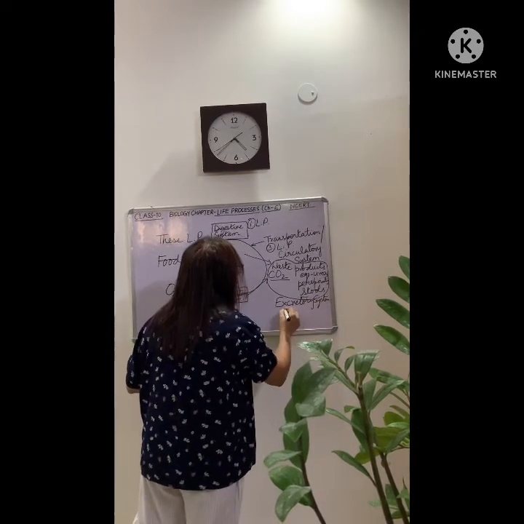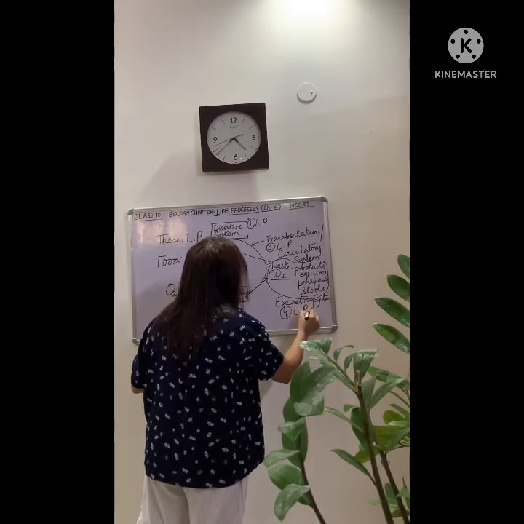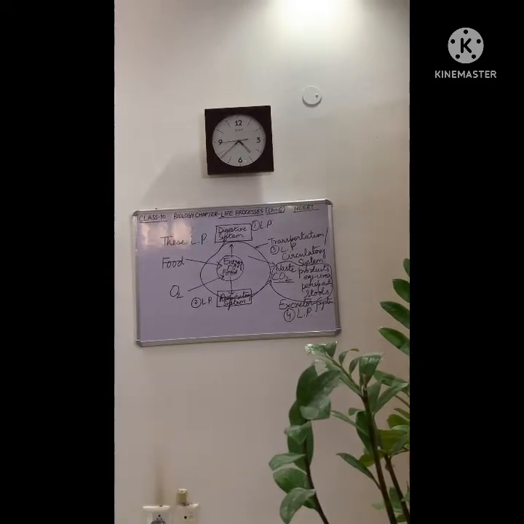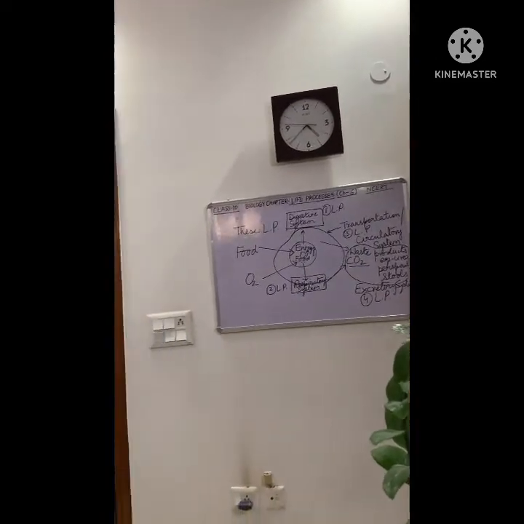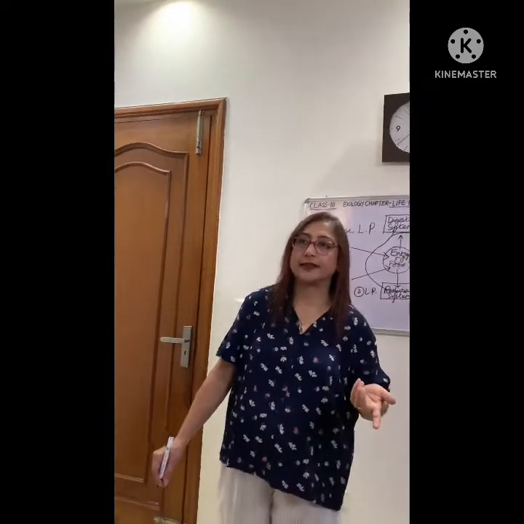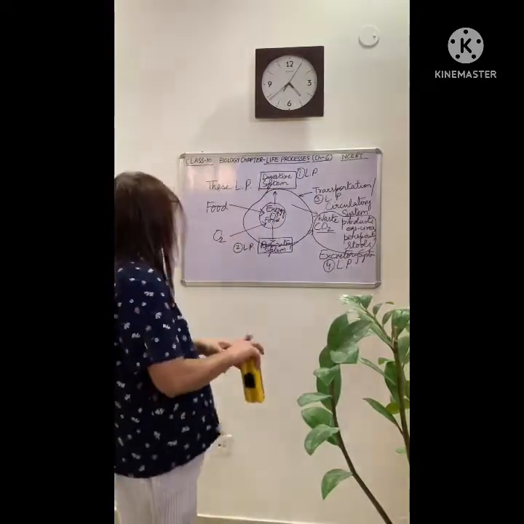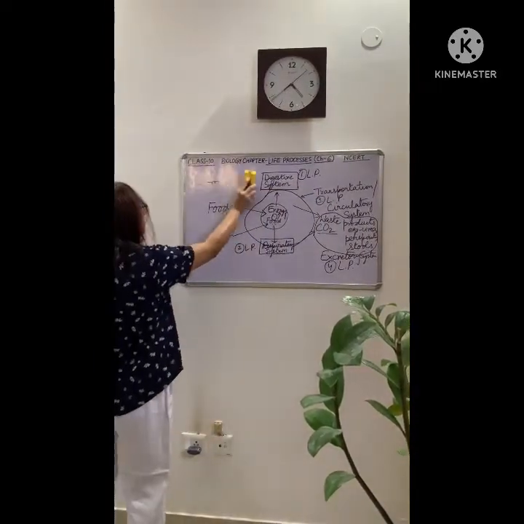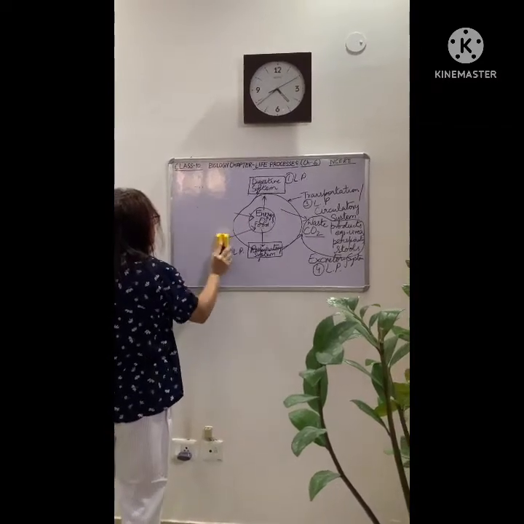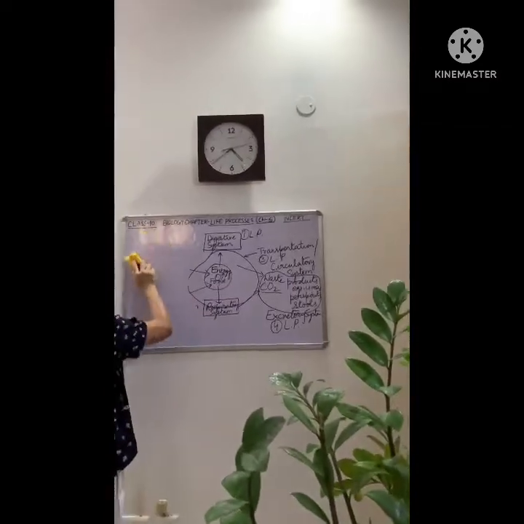And this is the fourth life process. So we have discussed 4 life processes. About each life process I will be discussing in my future classes. But before winding up, let me also tell you about the other life processes that we have in our body. So 4 we have counted here,